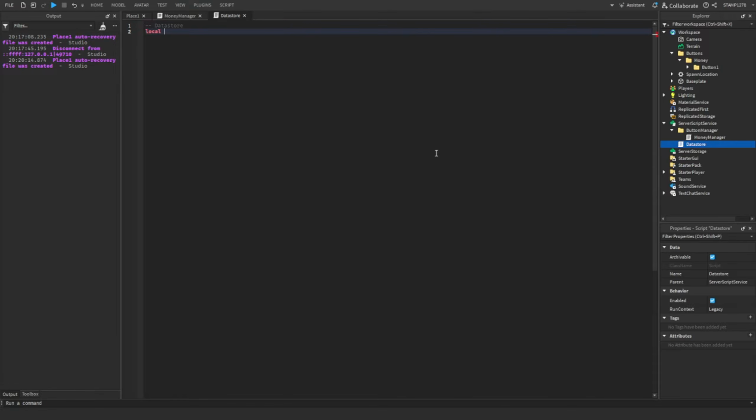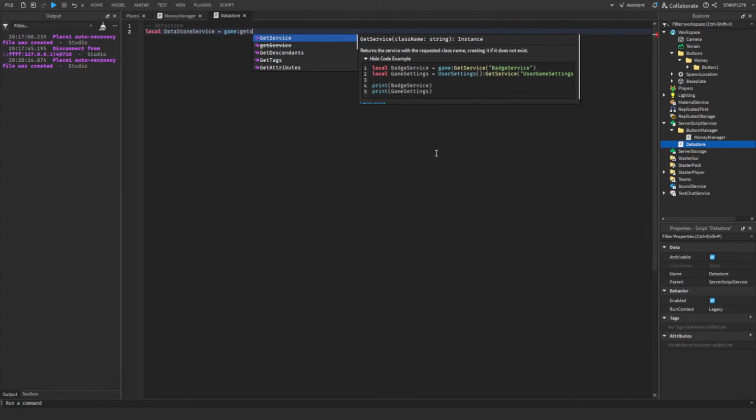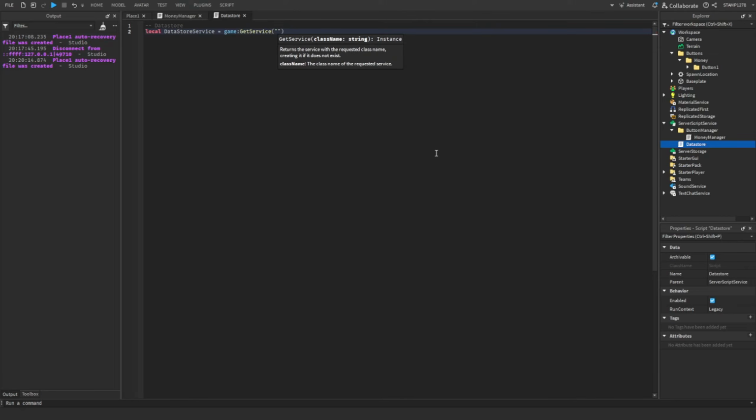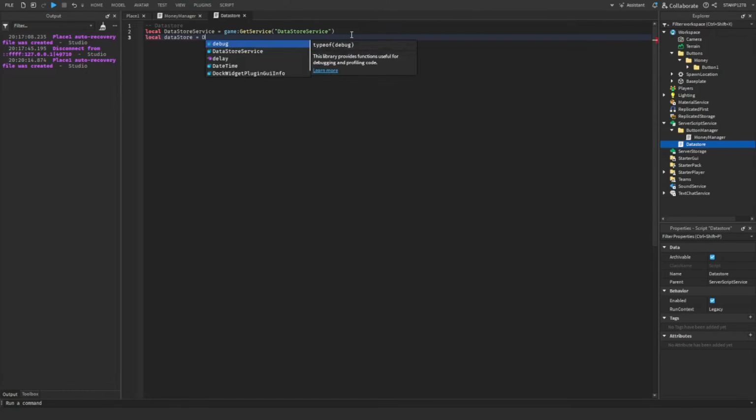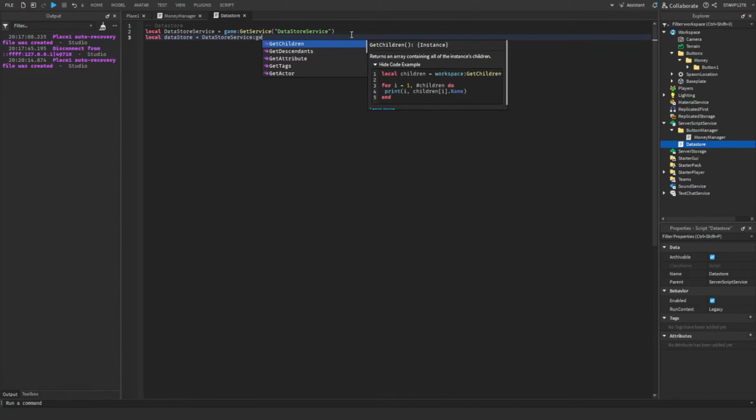So we are making some variables for our data store. So the first one is going to be local data store service equals game colon get service data store service. This we have to call the data store service just so we are able to save our data, and then that way we don't lose any of our data when people leave and rejoin. Next, we are going to do data store. Then we are going to connect this to the data store service, get data store,